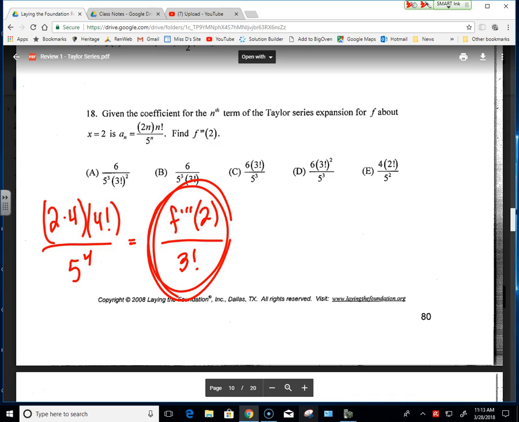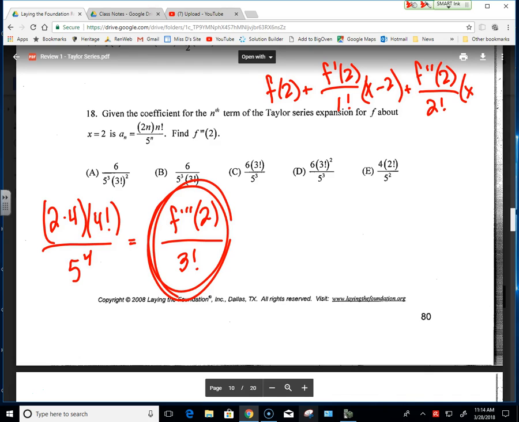Because the first term, technically, would be the 0th derivative. That would be f of 2. The second term would be f prime of 2 all over 1 factorial times x minus 2. The third term would be the second degree. The fourth term